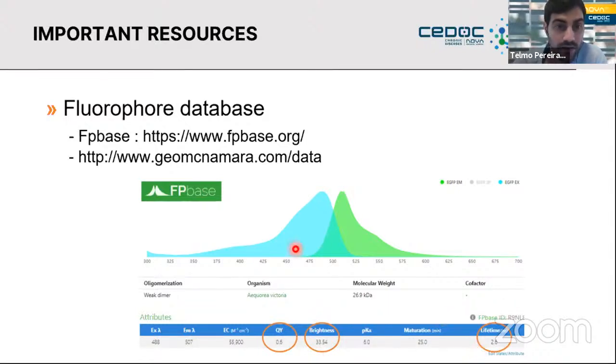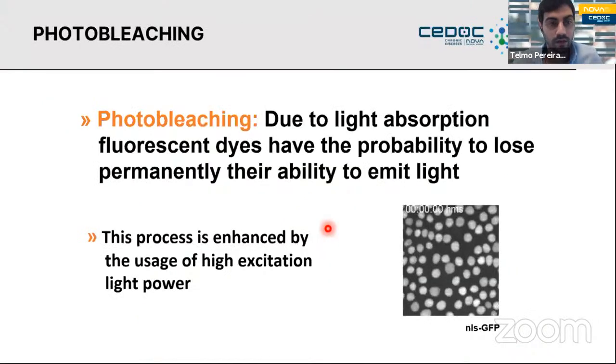So you can study which will be the best fluorophore for your particular experiment, which one will be the brightest one, and also combine this with the fluorescent spectra and see if they are separated enough or not in order to get the best out of your image. Okay, so